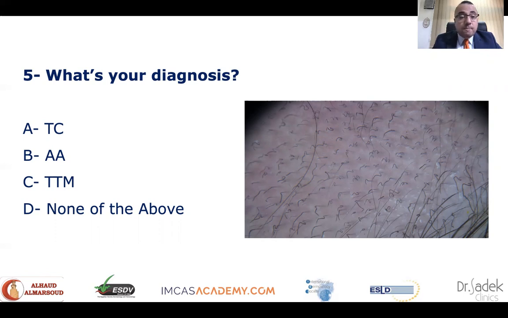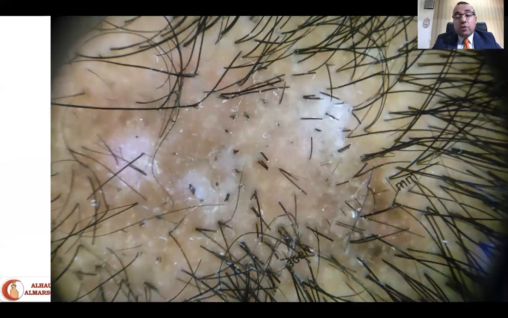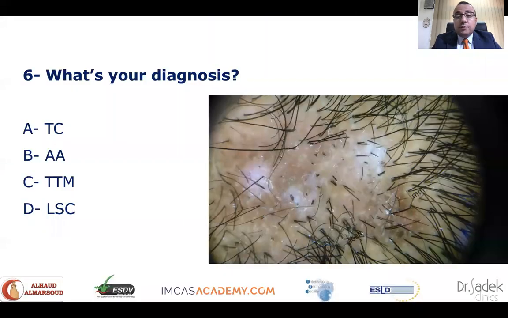Okay, now to another case, but this one is an adult male with this patchy hair loss. And these are the dermoscopic findings. What do you think? Give you some more time this time. What do you think? Is it a case of tinea capitis, alopecia areata, trichotillomania, or a case of lichen simplex chronicus of the scalp? You can notice that there are hair cut at different levels and black dots, but clinically,